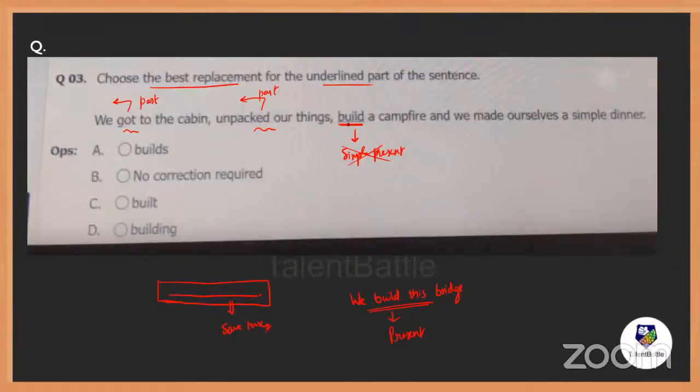Now coming to here, build is a present tense. Build is also present. Builds is singular, build is plural. We build. He builds. So all these are present only. Now built, building. Do I want any continuous tense? No. So no correction is required. That is why option B is gone. Builds is present, so it is not possible, and that's why built. Built says past, somewhere in the past. He built the building. He built the bridge, somewhere in the past. Is that clear, everybody? How simple and how amazing these points are.